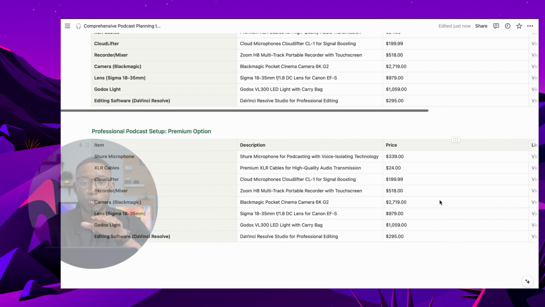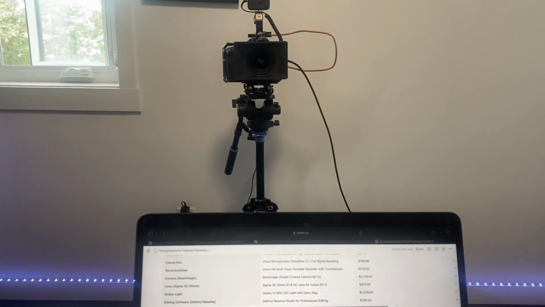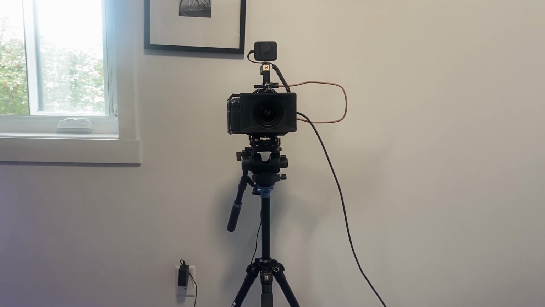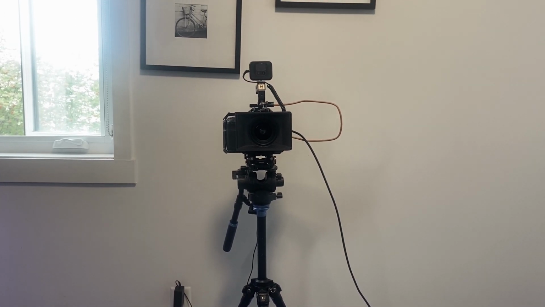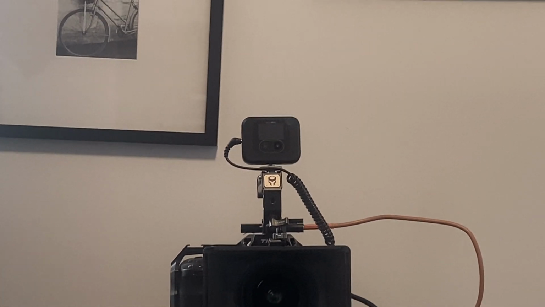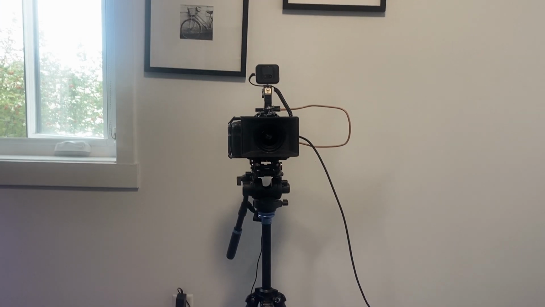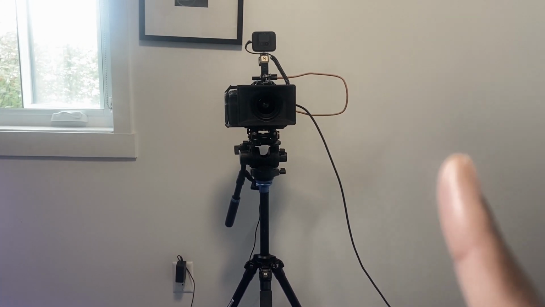Now, I can share with you what my setup looks like, so you can have an idea, because this is all you need for podcasting anyway. So if you look directly in front of me, I have my camera just directly pointed at me. I have my mic right on top. That's this right here, my microphone, and it connects directly to one that's right on my chest. And it's just on a tripod, directly in front of me.